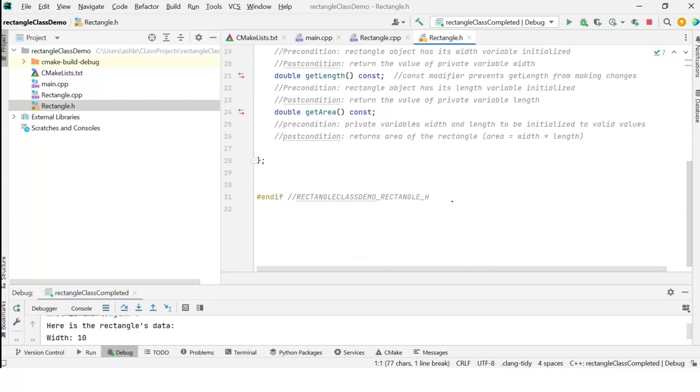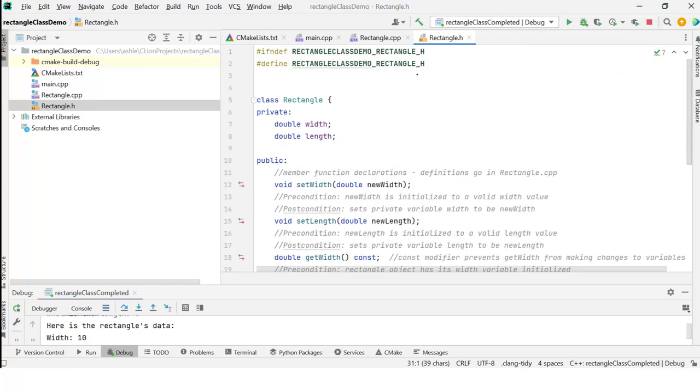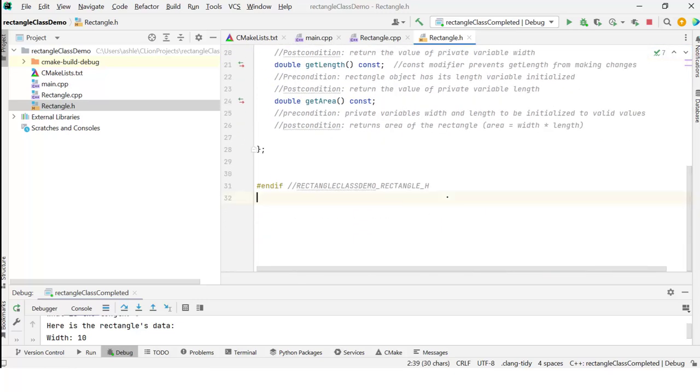This extra bit of code here is very important. It prevents the class from being declared more than once. So we're telling the compiler, if we have not yet defined our rectangle class, then go ahead and define it. And then this just tells the compiler that that's the end of the class definition, or the end of the